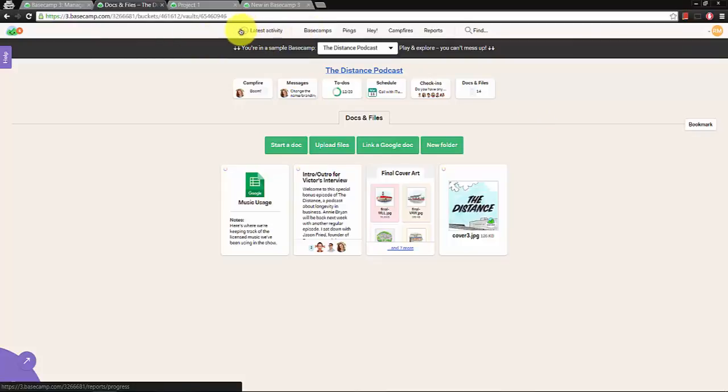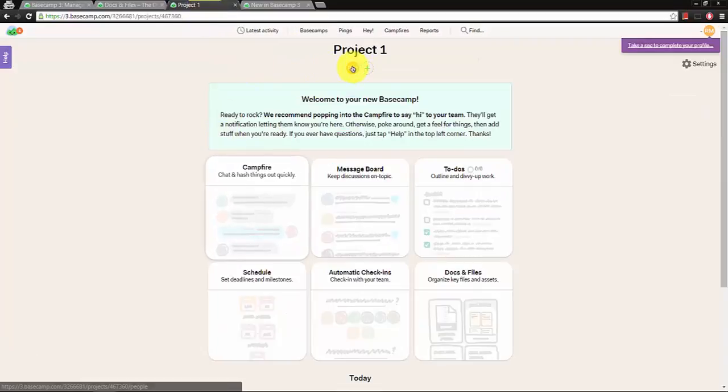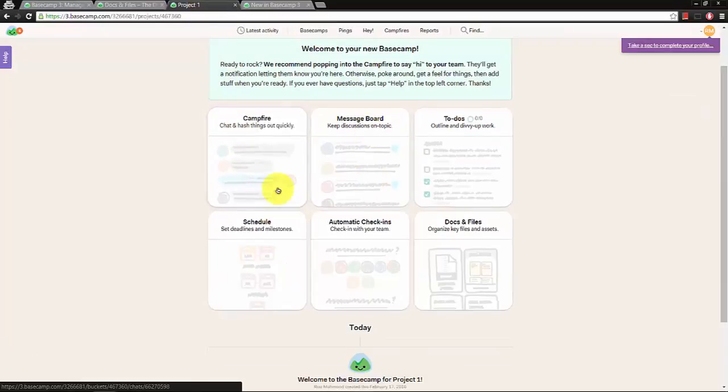You can check so right now basically this was the sample BaseCamp that was created by the website itself. Let's go ahead and create one of our own. So we just go ahead and create BaseCamps and create a new BaseCamp. So I already created one, and it's called the project one, and here I can see all the tabs, and